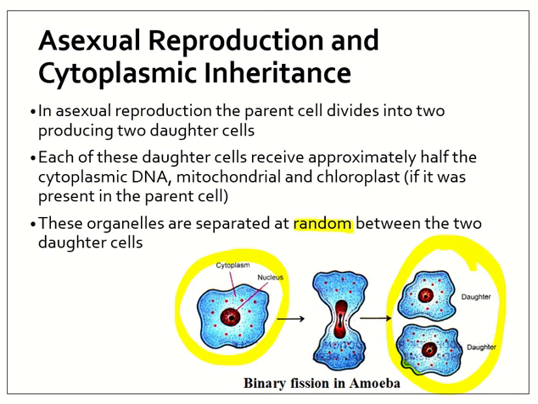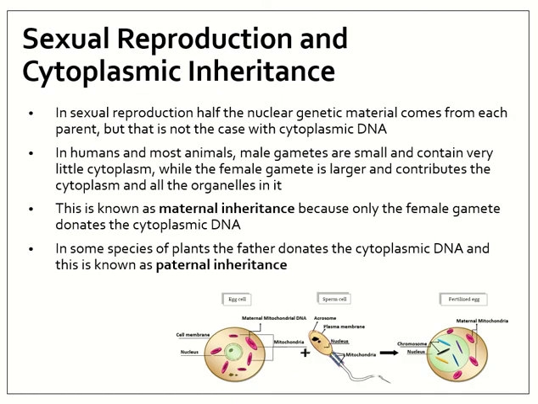Okay, cytoplasmic inheritance is a little bit different when you look at sexual reproduction because you have to have fertilization happening. Usually, but not always, the mitochondria tend to be inherited on the maternal side. What that means is that the mitochondrial DNA is only from the female gametes. In some species of plants, it's paternal, which means it comes from the father, and then there are the odd species of plants where it can be a mix of both.